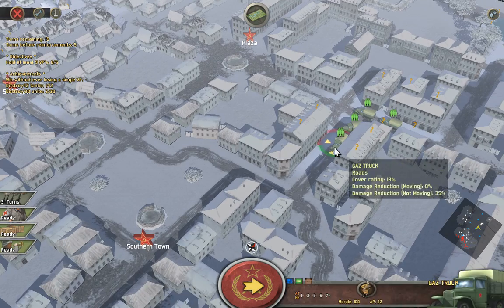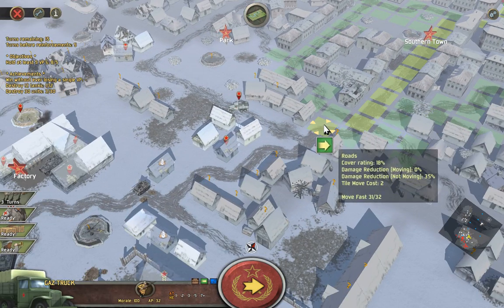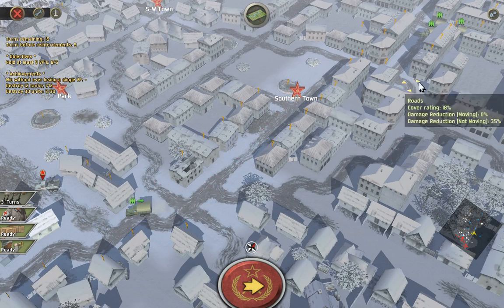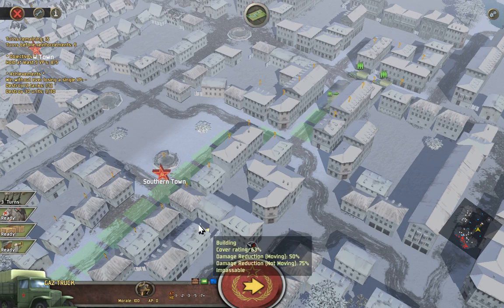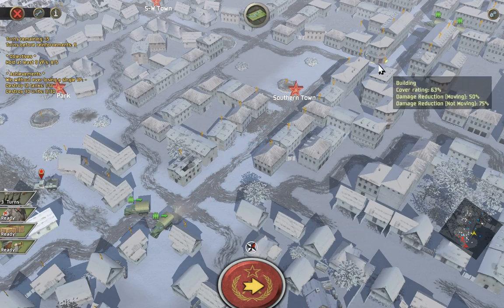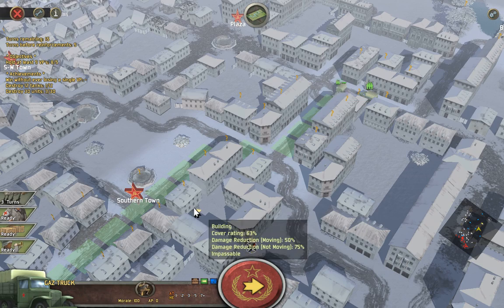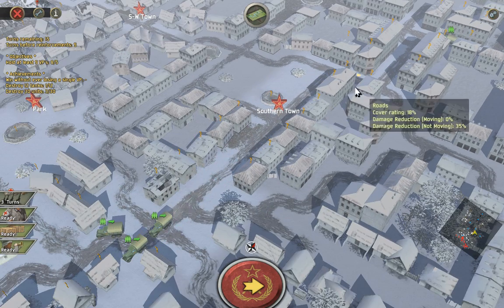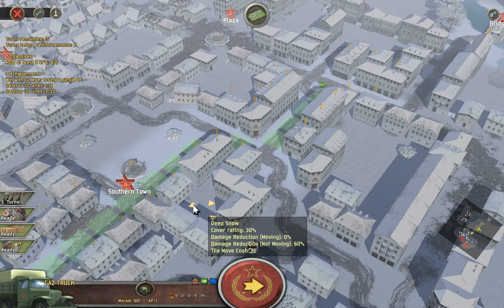Let's see, what can we do? Well, we can move up these guys. We can certainly move them up. Yeah, so like I said, I'm worried about that factory being overrun just now, just in the next turn. But it could happen, it could very well happen, so...